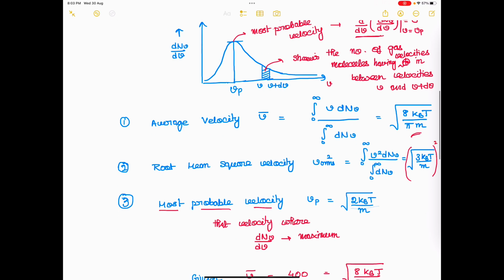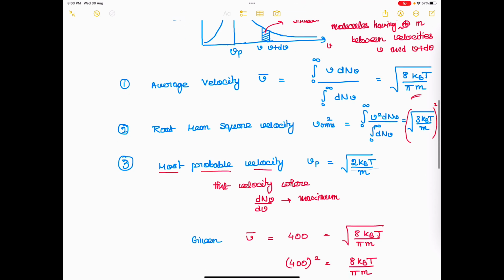Root mean square velocity is defined as the integral from 0 to infinity of v square dN_v upon the integral from 0 to infinity of dN_v, and it is vrms square, so it will be the square of root over 3 kBT by m. Therefore vrms is actually root over 3 kBT by m,